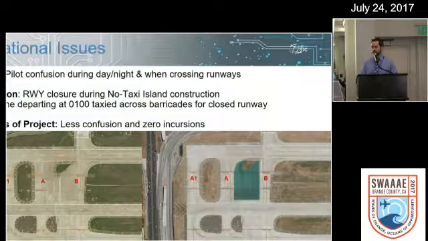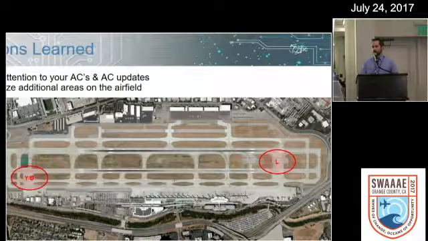And kind of lessons learned, very, very basic. I think everybody here knows, pay attention to your ACs and your AC updates, just from that airport markings advisory circular and from the update to 13A. I think there's a lot that our airport learned as well, and staying on top of that and talking to the airports in your region, talking to your FAA inspector, and seeing what's coming up so you can stay ahead of the curve. Because this was an issue that we had for a long time and really didn't come about until a lot of those RIM considerations